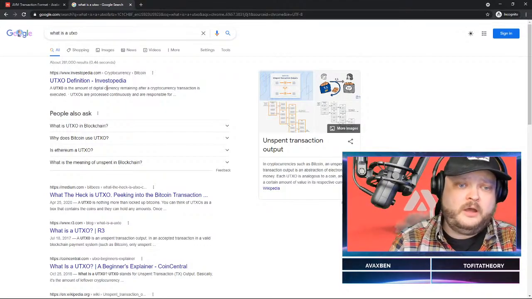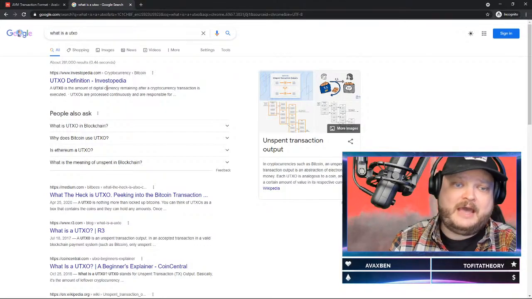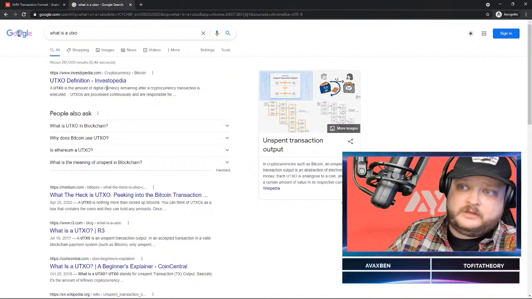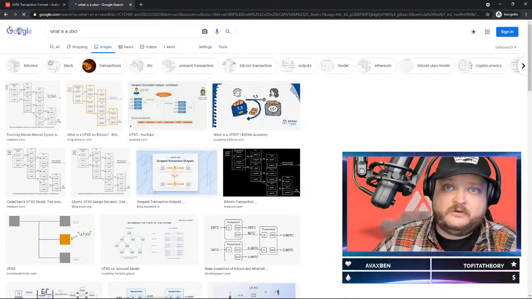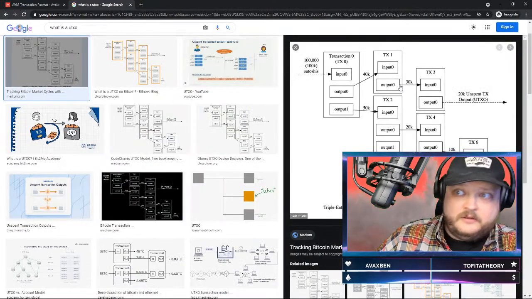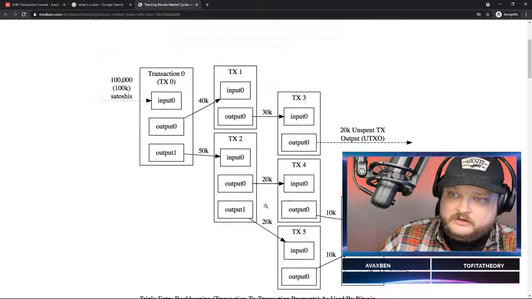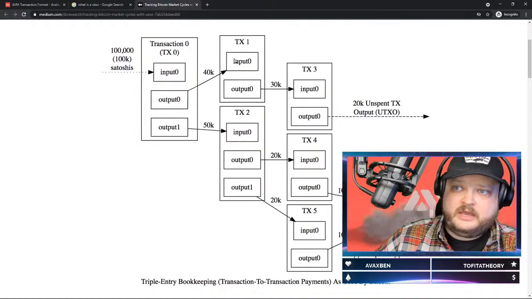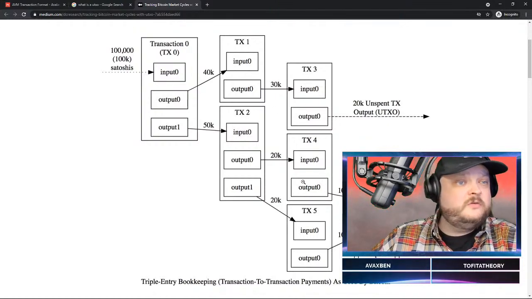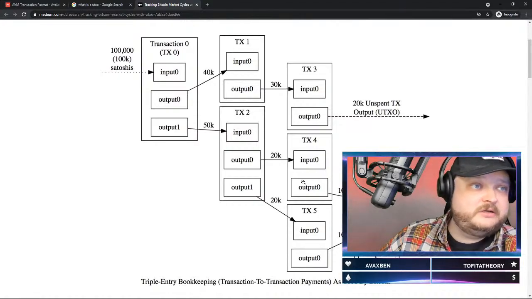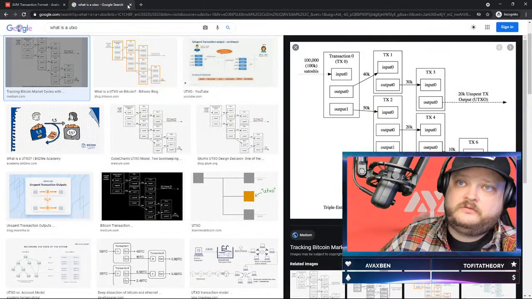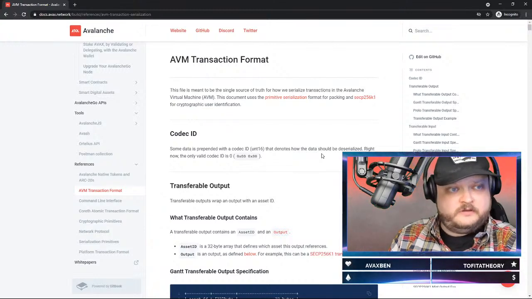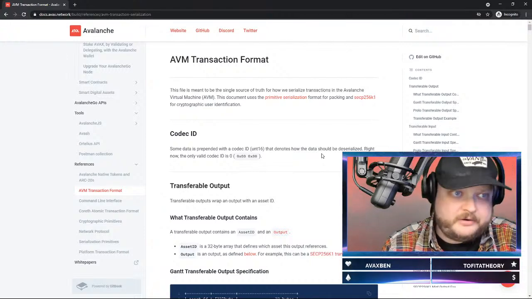So, do UTXOs refer to each other via hashes or some sort of indices? Yeah, they do. So I'll show you that. But basically, that's literally what a UTXO is. And it creates a sort of tree where you have multiple inputs and multiple outputs, okay? And you can have multiple inputs. Like you could consume more than one UTXO in a transaction, okay? So that's what a UTXO is, and the X chain uses a UTXO model.